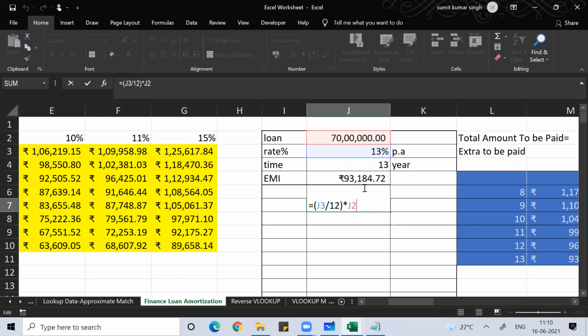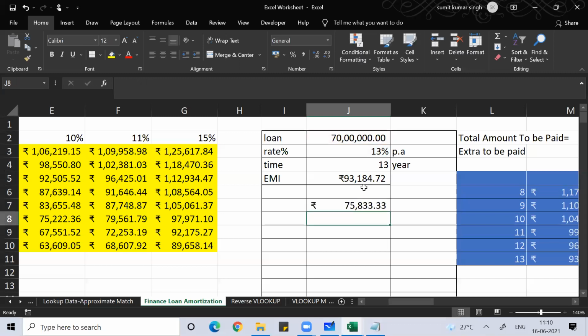Your loan was 70 lakh, 13% is the rate of interest. If I calculate 13% on 70 lakh, it is coming around 75,833 rupees and 33 paise.